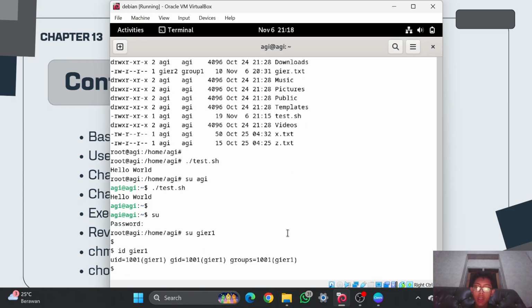As you can see, gr1 is not included in the AGI group. test.sh is on the group AGI, and gr1 is not in that group, but because other, which is this one, has permission to execute the file, this file test.sh can be executed by other users like gr1 and gr2.